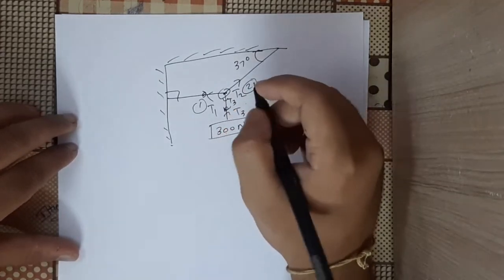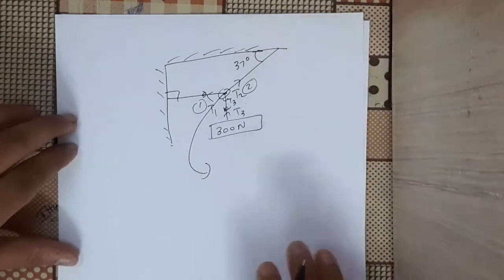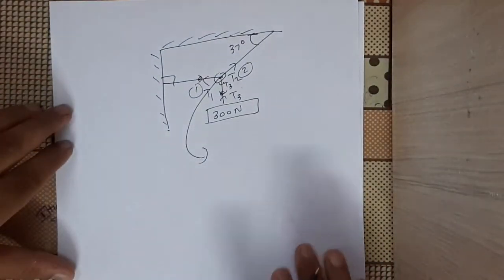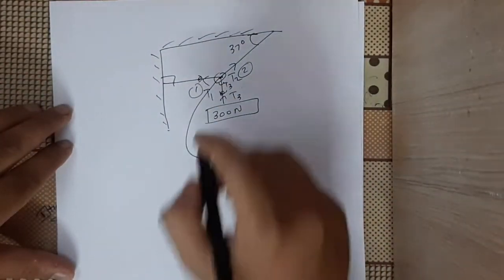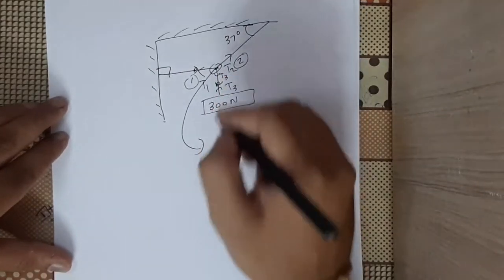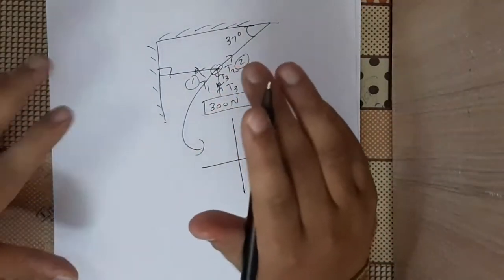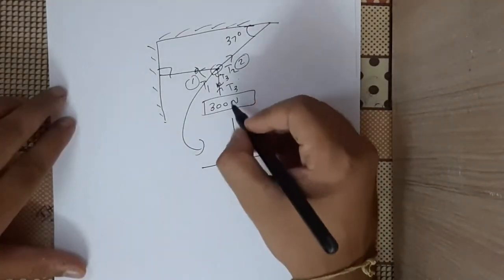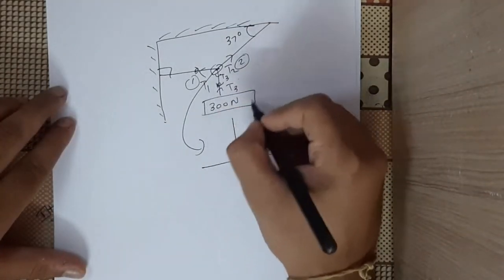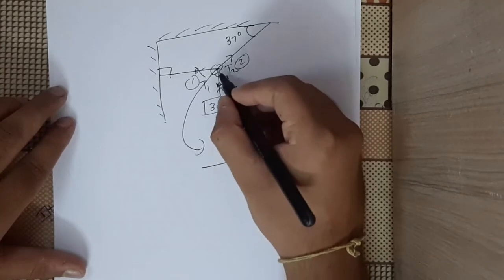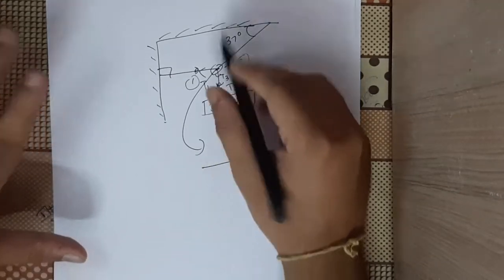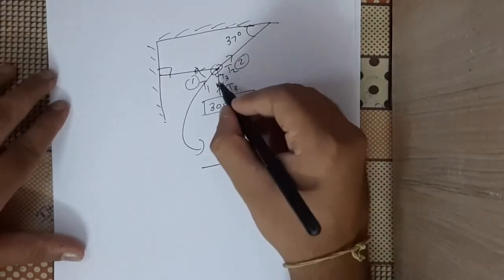Okay, so now we can also talk about this point. See, this is a very unique situation. This point is massless. Let us first draw the forces acting on this point. Tension is always a pulling force, you just need to remember that. Because tension is a pulling force, if at the 300 Newton the tension is upwards, at this point tension will be downwards because it will try to pull the point. It will not try to push the point, it will try to pull the point. So tension will be downwards.